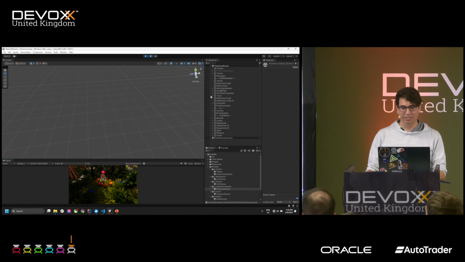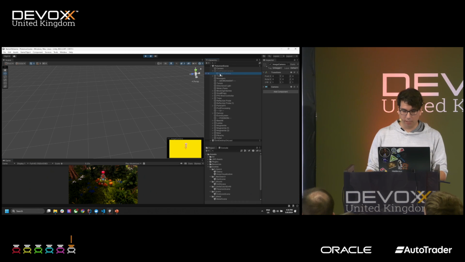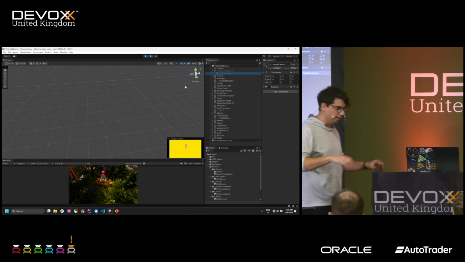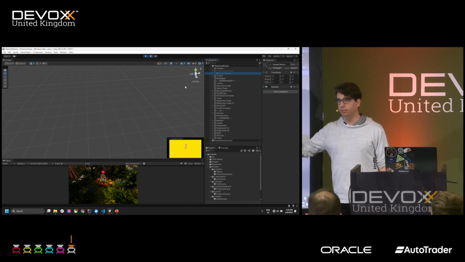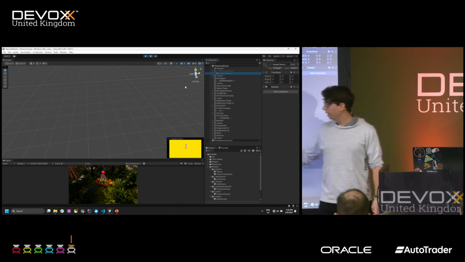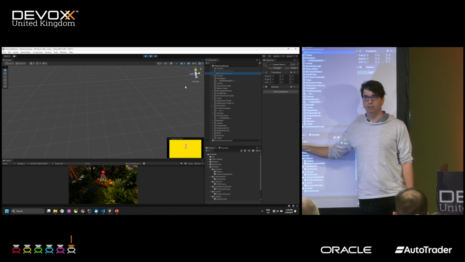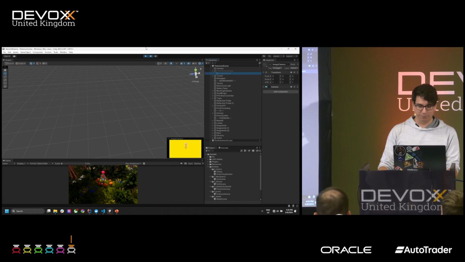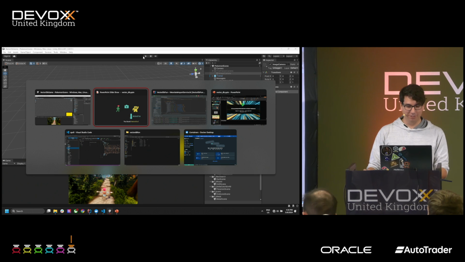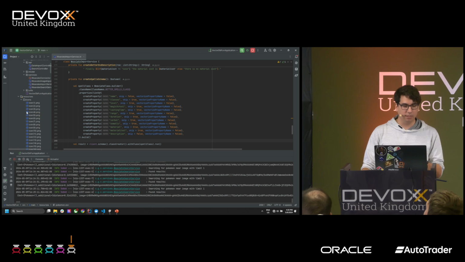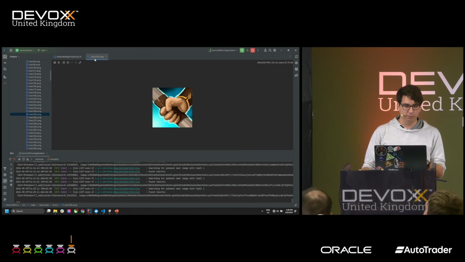Okay, so what's happening here? What you see here is what the camera frustum is seeing right now. All the noise in the world, like the grass, the camera doesn't really see. That sends the image to the database. It just sees yellow with a Pokemon in it. Has anybody noticed what kind of yellow this is? This is Pikachu yellow, yes. So why did I make it Pikachu yellow? Well, to find Pikachu.